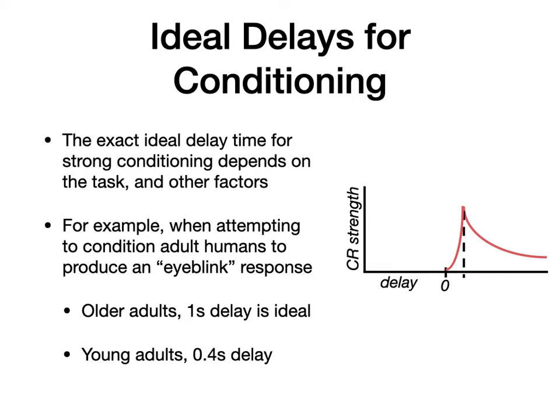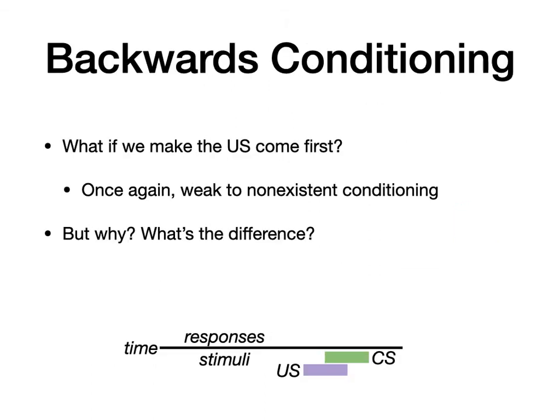Now, here's another question. What happens if I try to have a conditioned stimulus after an unconditioned stimulus? Again, nothing. But why? What's the difference? Why does this co-occurrence in this particular triggering order matter? Why do we need to have a particular order to this? We're supposed to be pairing ideas in time because they are related to each other. Why can't the bell and the food be presented at the same time?